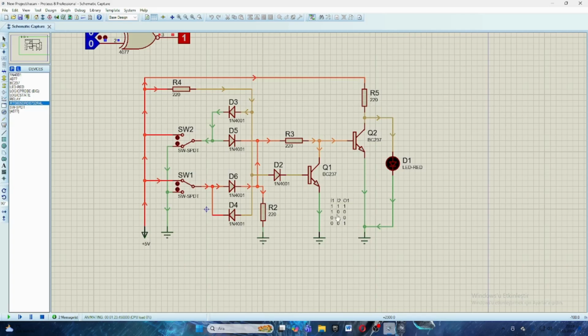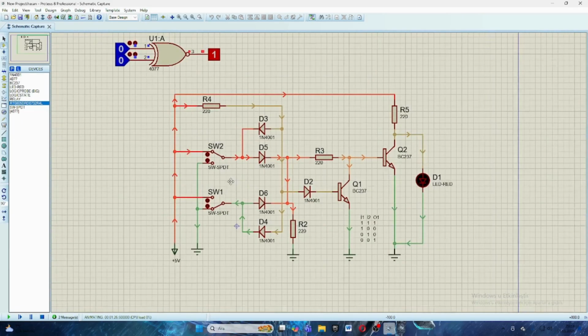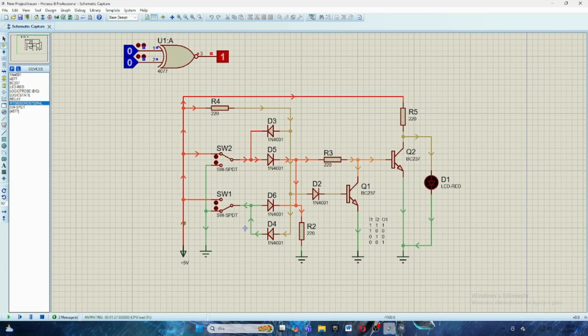And let's make another one. As you can see, the output is 0. Let's learn it. The electricity goes here, goes here, goes here, and comes to the emitter part, and the base part has electricity too. And as you can see, the circuit will end here. Let's put